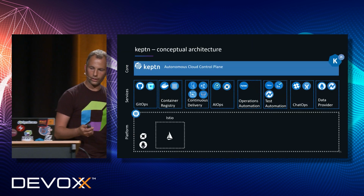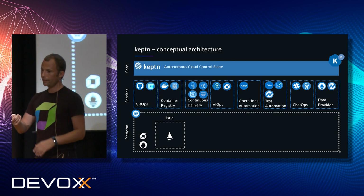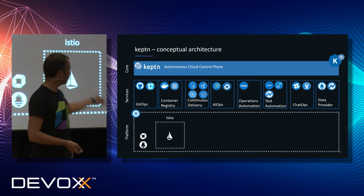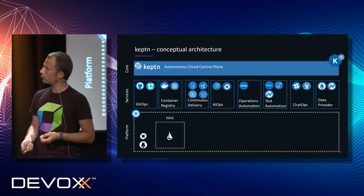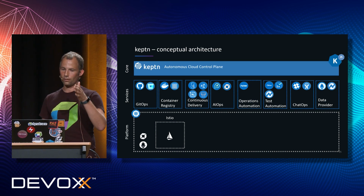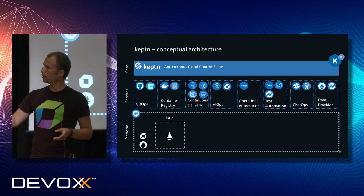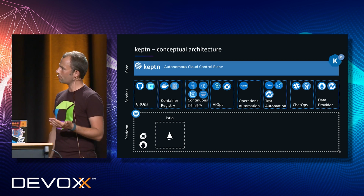Good. Conceptual architecture, as I mentioned earlier, keptn at its core is using Knative, top right. All the individual services are Knative services. We have different categories. You can see some of those with a solid blue background, like Git, like Docker, like Jenkins, Potometer, ServiceNow, JMeter. They are all already implemented and part of the current keptn release. Those that are in a little shade, they are on our short list,